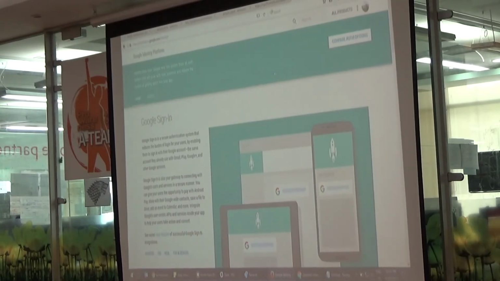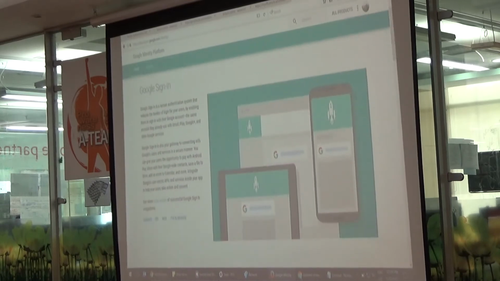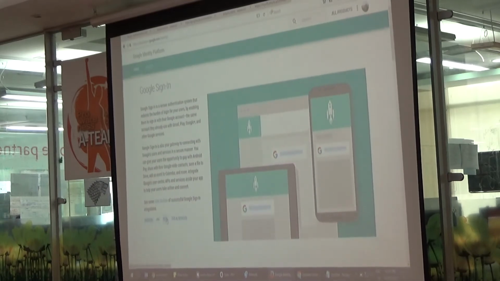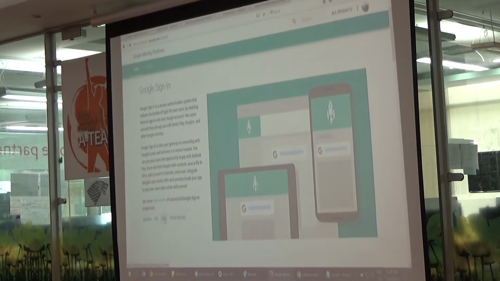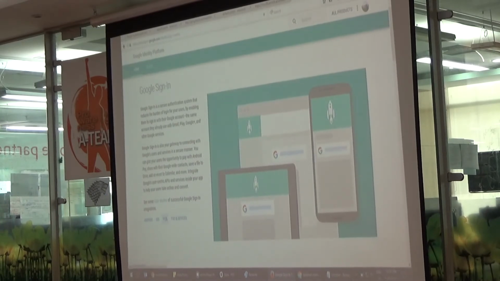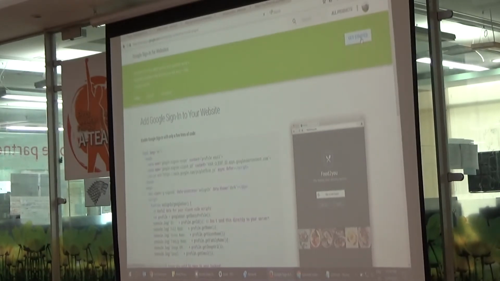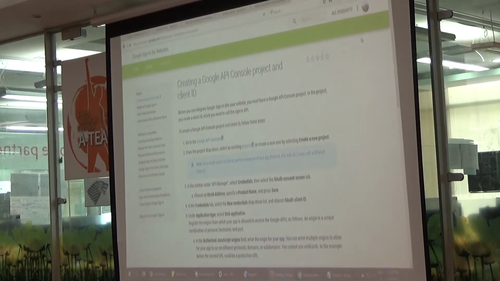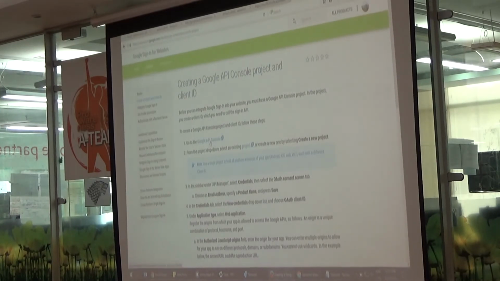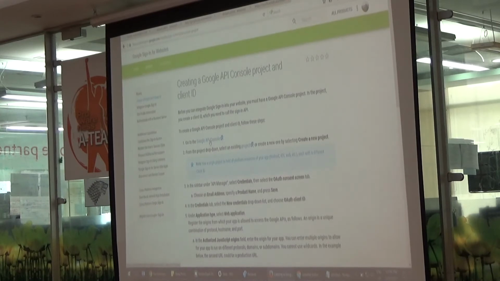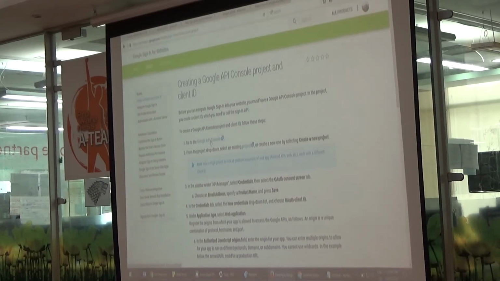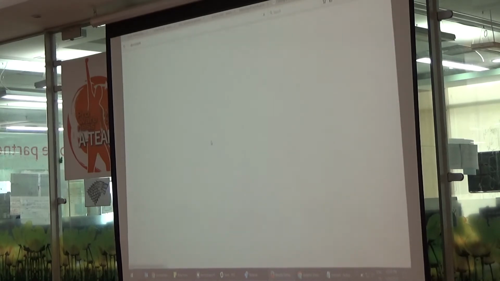Okay, so again, what do I do next? There is something called Android, iOS, web. In this case, we are interested in web, so you click on web. And now we have get started. Okay, so it's a little bit of a roundabout way to get there. Still, you are not there. What you really need to go to is called Google API Console. So next time, just Google for Google API Console. Alright, but I just wanted to show you, if you are a developer, this will be your journey through Google.